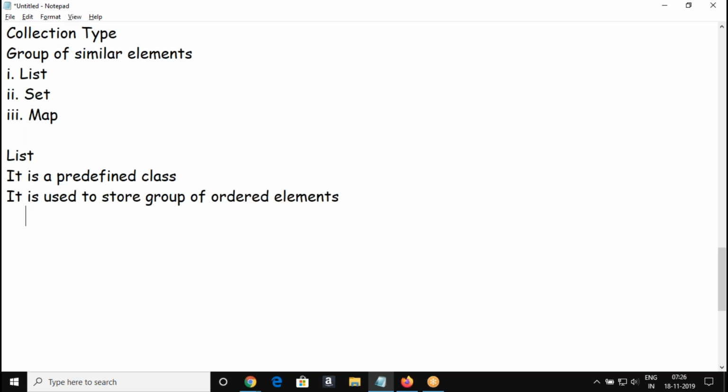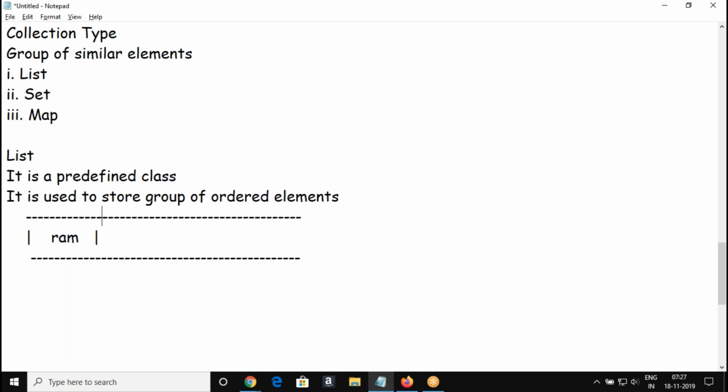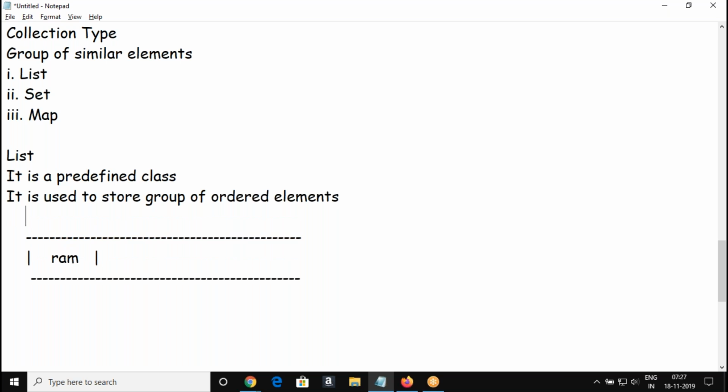When you say ordered elements, it means every element is going to be stored at its respective index, and the order of insertion is maintained. Suppose I insert a name Ram as the first element, it is going to take index 0, similar to your array.